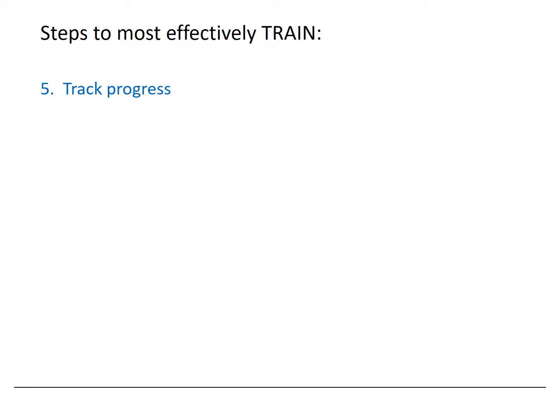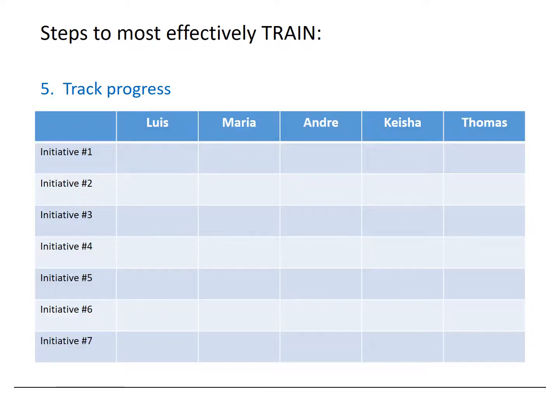This is also the point at which the employee's capability switches from low to high. The key to step 5 is to carefully track 3 milestones in the training process. The first milestone is when an employee has been given expectations and you've confirmed that the employee understands the expectations. Within the context of the 5-step training process that we've been discussing, this occurs when steps 1 and 2 have